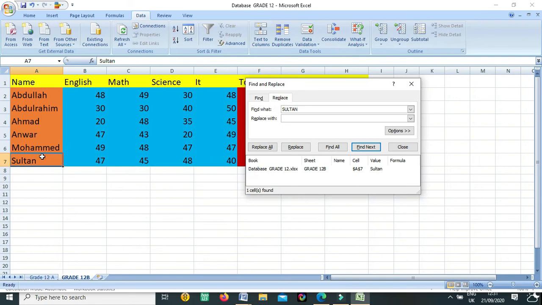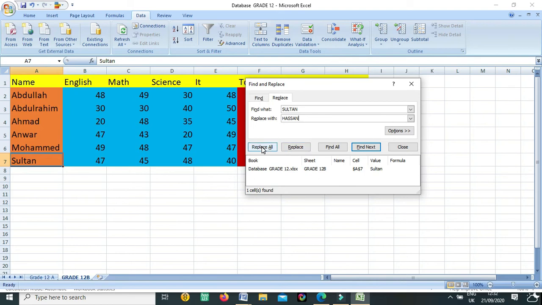Now what is replace? If I want to replace the name Sultan with Hassan, suppose I write here Hassan. You can see here there is replace all and replace.